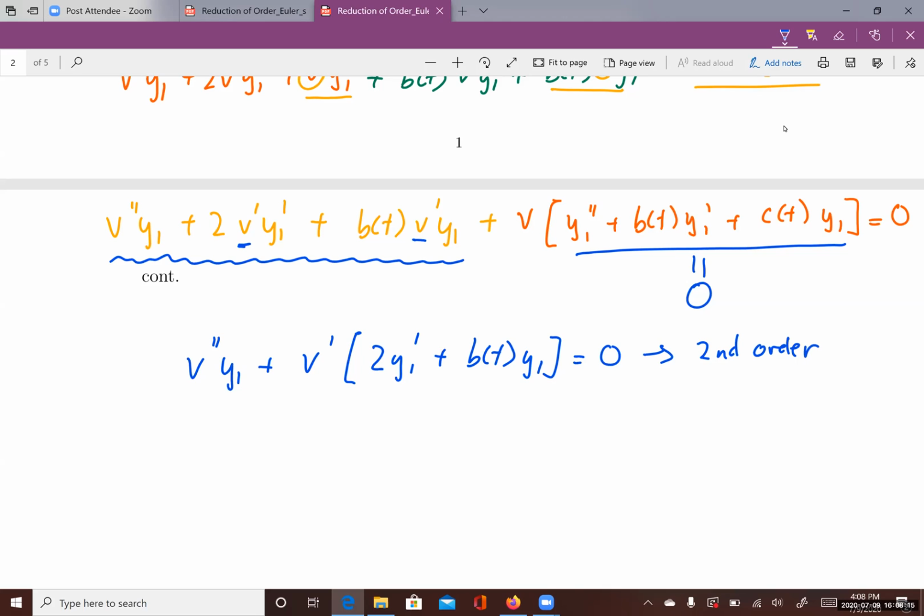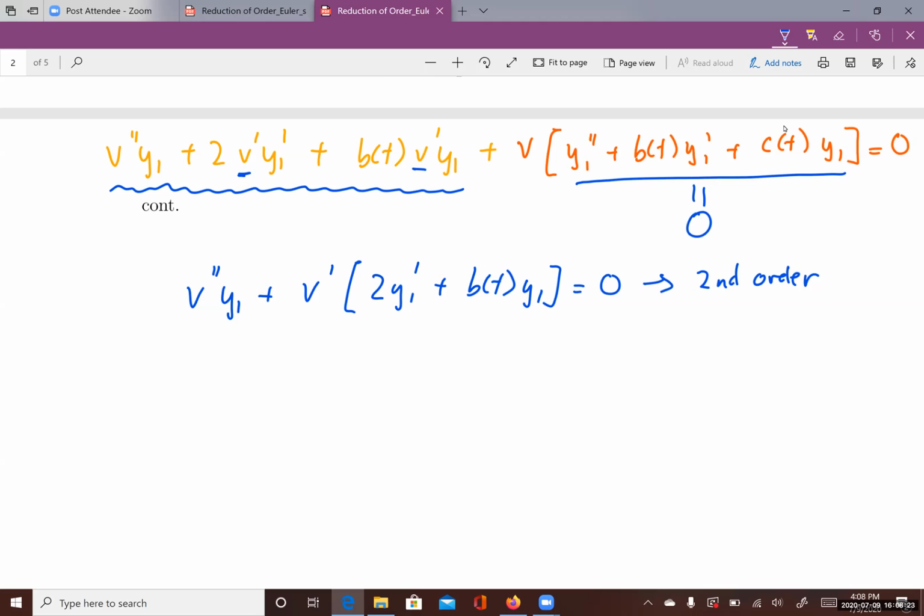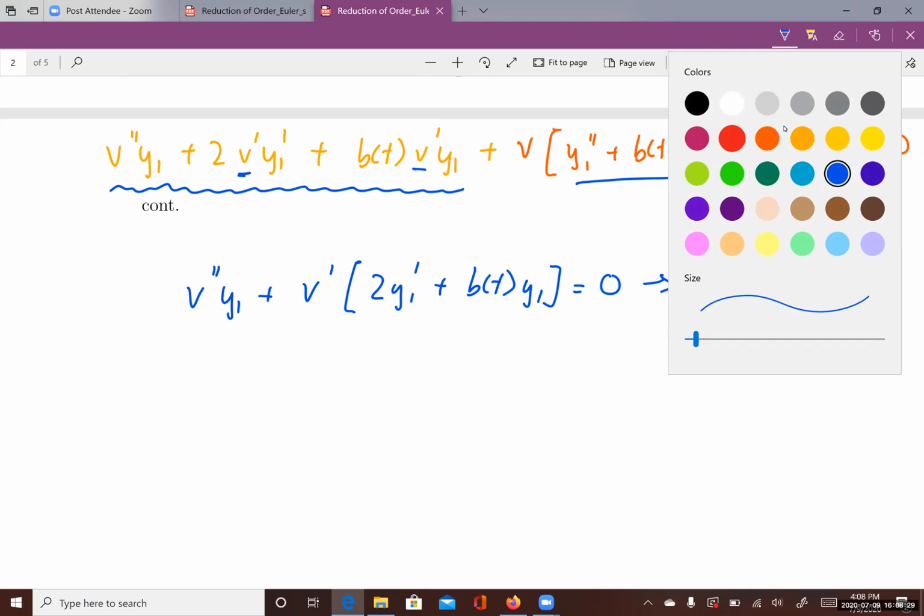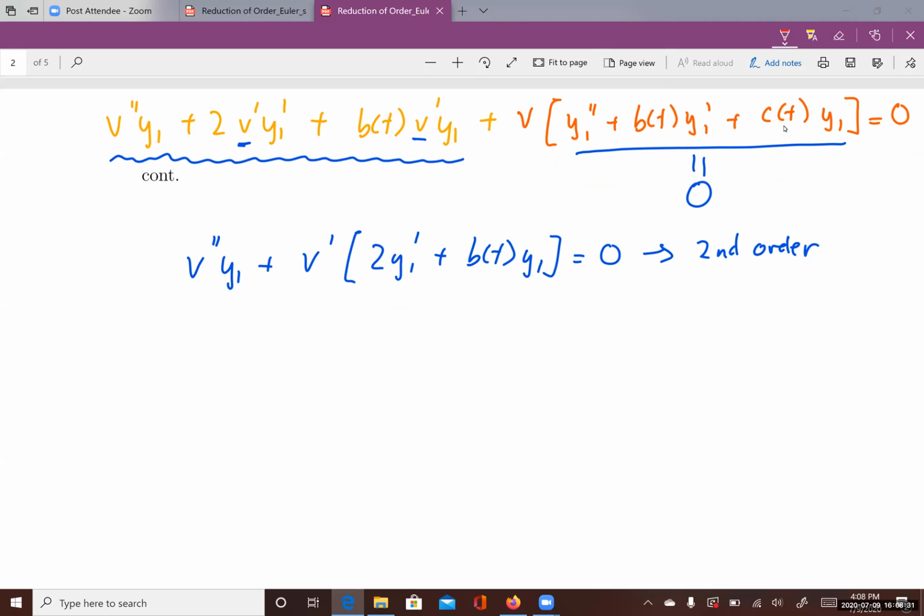The coefficients are not constants, so we haven't learned how to solve this equation yet. But because in this equation there's only v double prime and v prime, there's no v, we can think of reducing this differential equation from the second order down to the first order by introducing a new variable, w